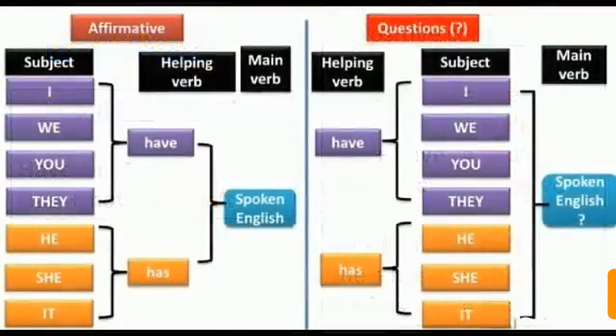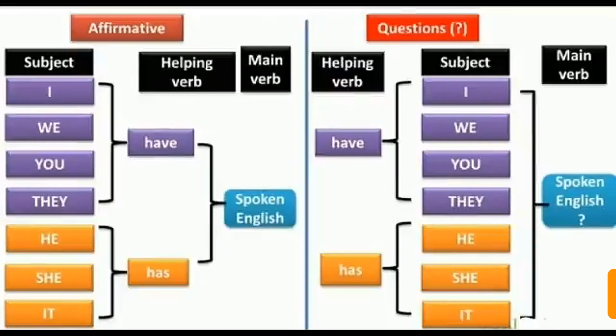Now let us see the change in the interrogative sentences in present perfect tense. So affirmative sentences I have already discussed: the subject plus the helping verb has or have will be used, and then the main verb's third form. And in the interrogative sentences, we just bring the helping verb to the front, then the subject, and then the main verb, as we do in the present simple and continuous, and similarly we will do in the